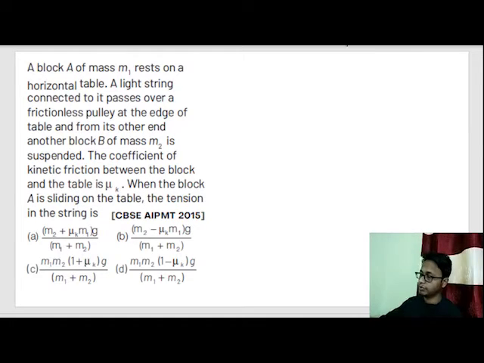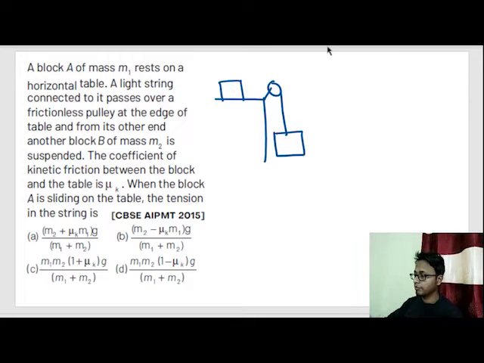What is this question saying? This question is saying there is a block out here, and there is another block out here. This is the arrangement. This mass is m1, this mass is m2. Out here a friction force is acting. There is friction between this surface and this table. So when the body accelerates downwards, what is the value of tension? What is the value of this T?